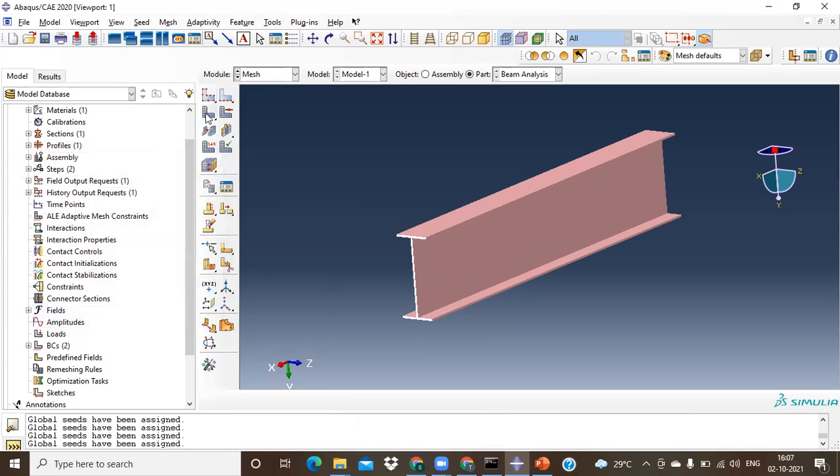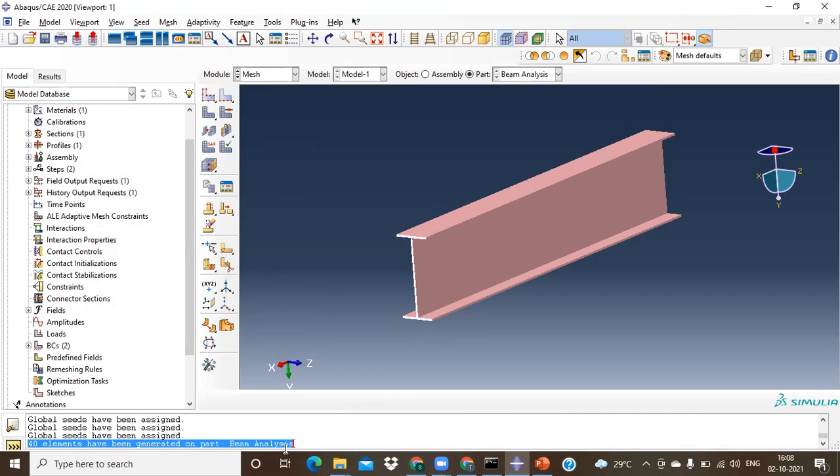Just give OK. And now mesh the part. So click on this and click this, then automatically you can generate the mesh. Here, if you can see, there are 40 elements that have been generated on the part of the beam analysis.